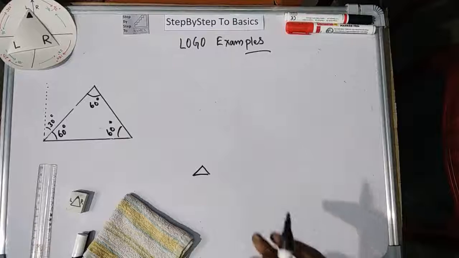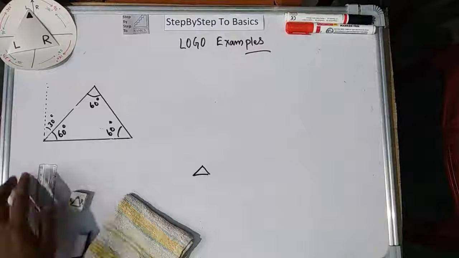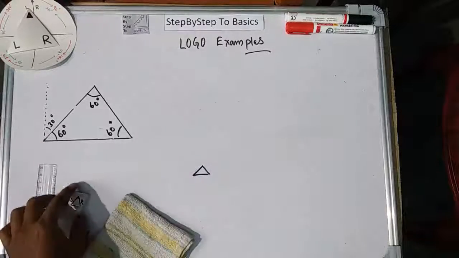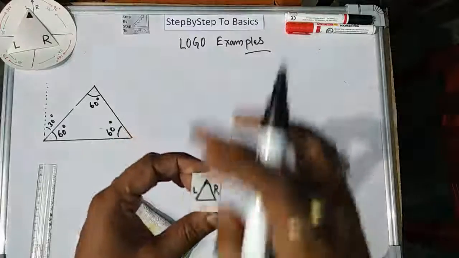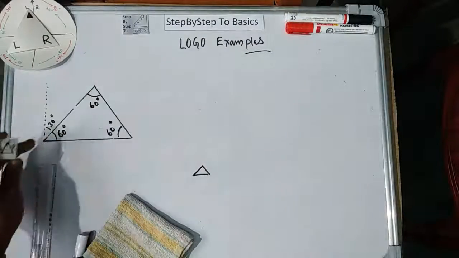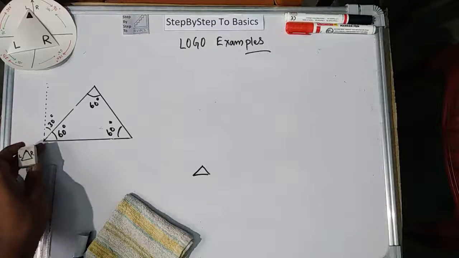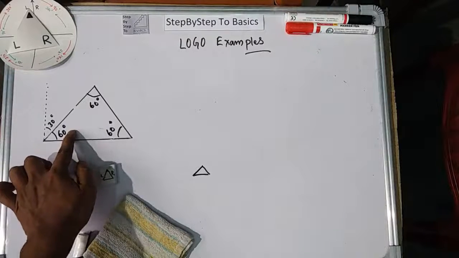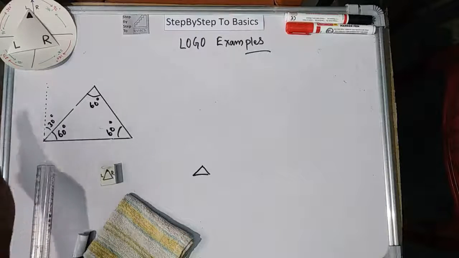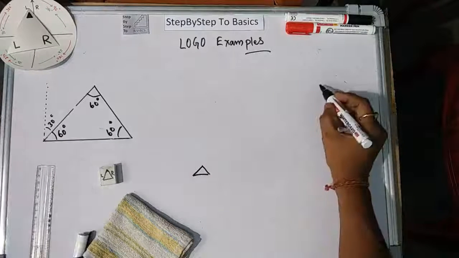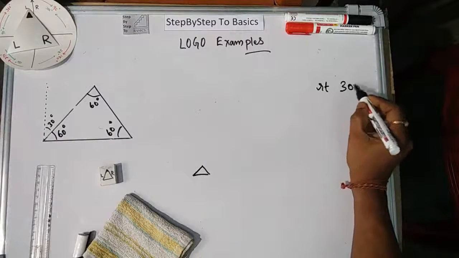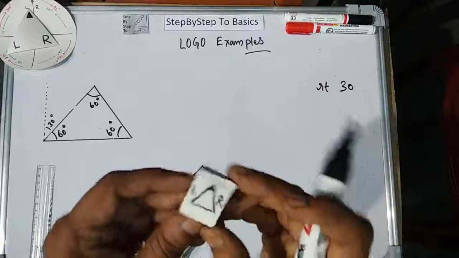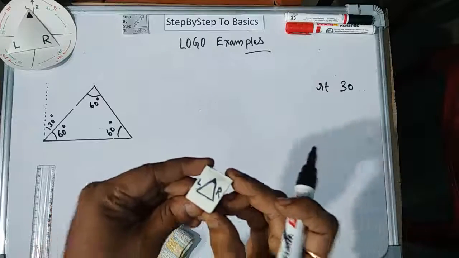Okay, equilateral triangle but in a different direction. As you can see, the turtle is initially placed here, and its direction is top wise, like that direction. So first I need to make a line like this. So you can see initially I need to turn it, but how much? You can see the internal angle is 60 degree. So if I make 90 degree, then 30 degree I need to turn. So first I will write RT 30. So what it will make? It will turn the turtle not 90 degree but a little bit, like 30 degree.